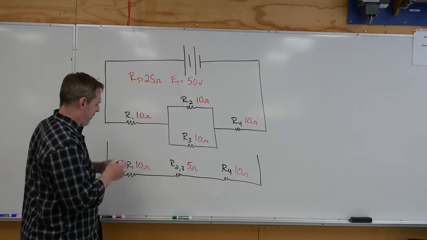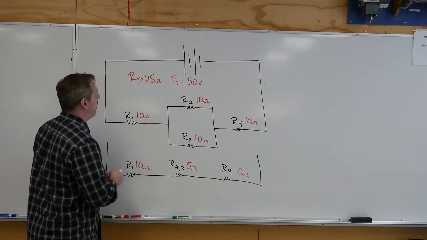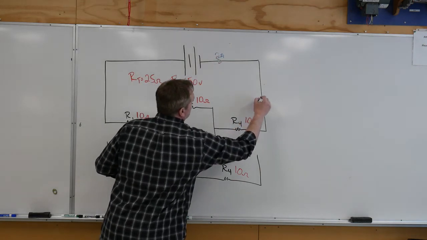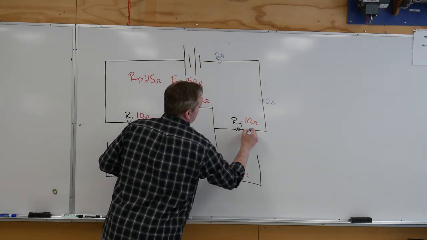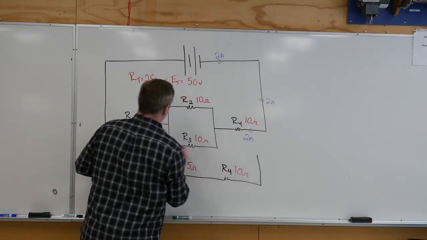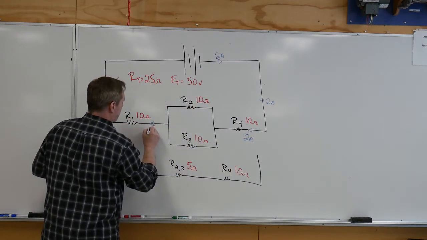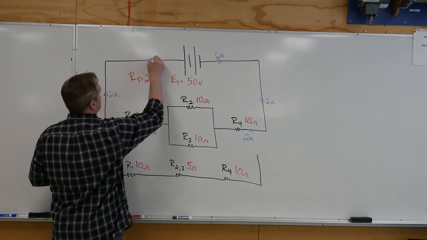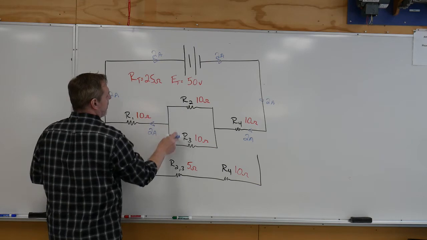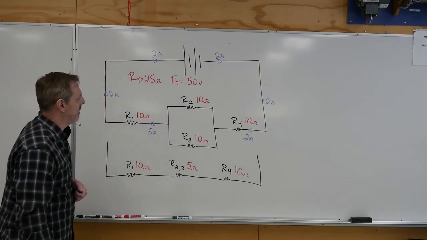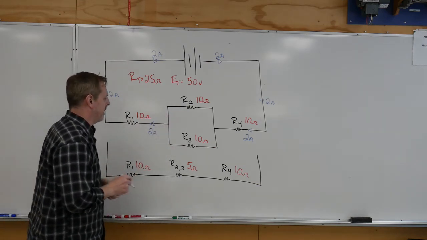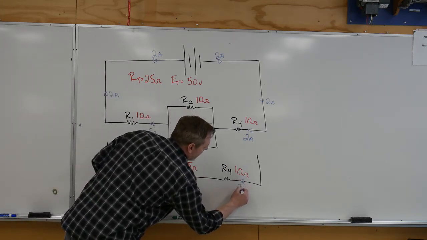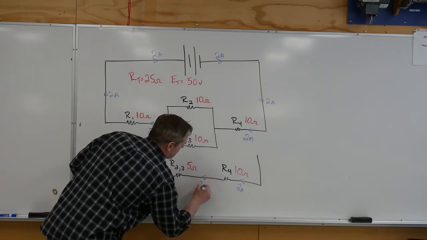So my R total for this circuit is 25 ohms. 50 divided by 25 will give me my line current here, which happens to be 2 amps. Okay? So I have 2 amps flowing through the series components and then back to the source. However, it's going to be doing something different here. This is where we can pay attention to the simplified version down here. If we take our 2 amps through all of this,